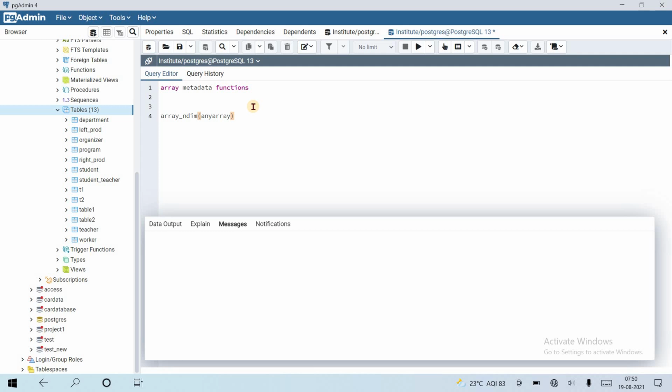This function returns the number of dimensions in an array, and its return type is integer.